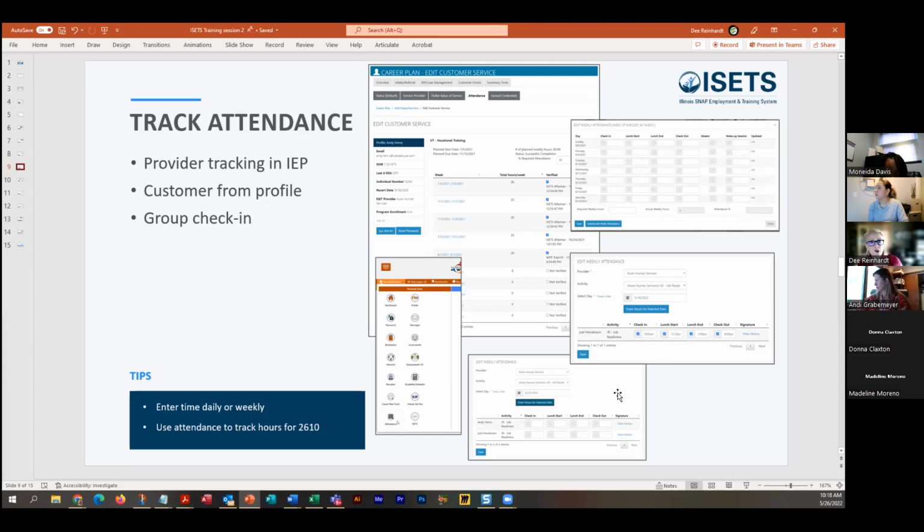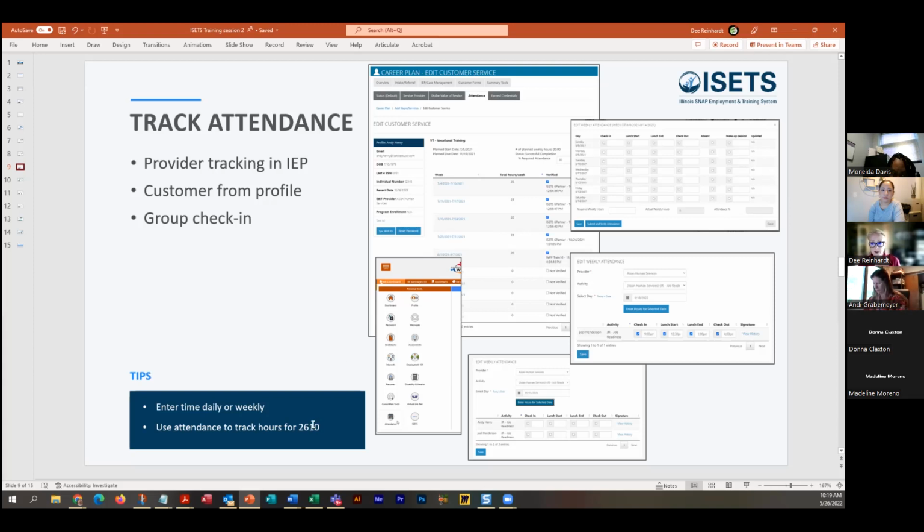You can now track group attendance. So if you're having a workshop, or if you're having seat time for an activity, you can actually track the whole group. And what I'm going to do is I'm going to log in today and show you how to do that. So we can enter time daily or weekly if we are tracking on the customer's profile,